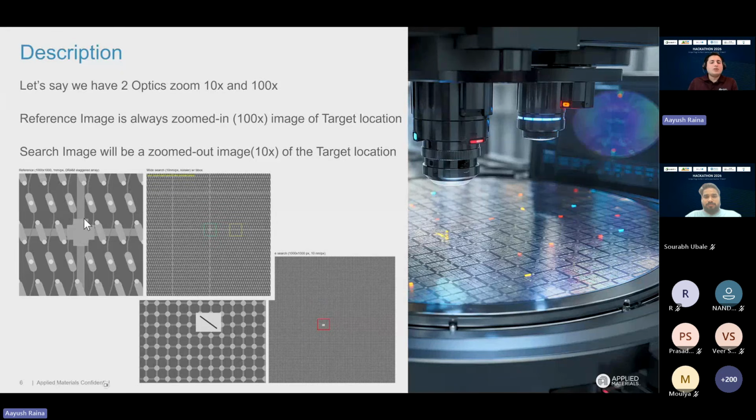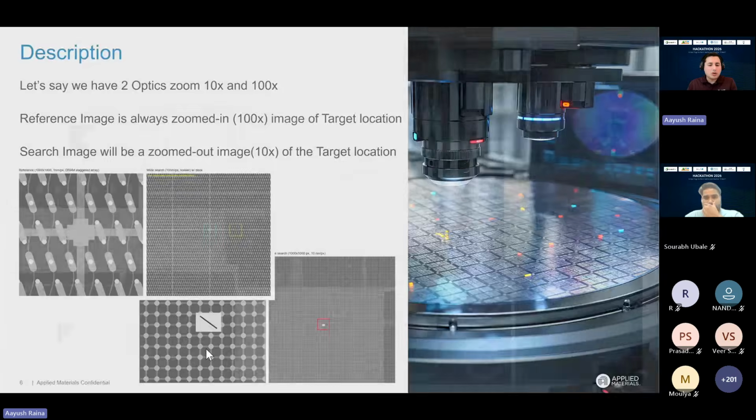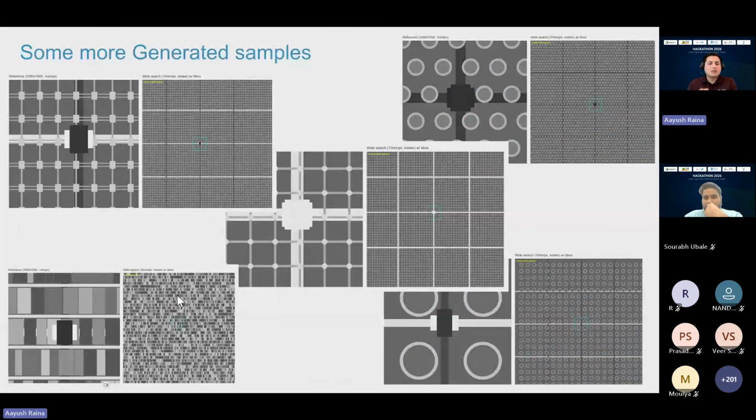Now if you see, you have one reference image, you shrink it down and search for it in the bigger image. It's a pure imaging problem. You have an image below, you have such images, you see more samples. You're shrinking the pattern on the left, which is a reference star pattern, and you're trying to find the same pattern in the zoomed-out image of some other location. Does it make it an imaging problem now, Arpit? You can give a thumbs up. You don't have to worry about the background which I gave. It's a pure imaging problem at this stage.